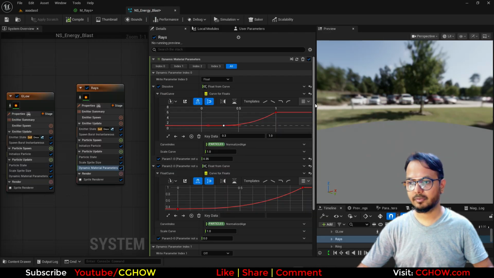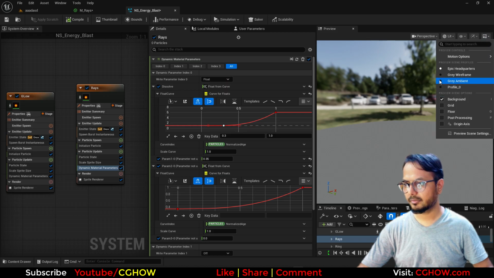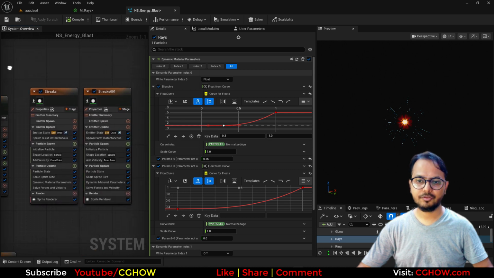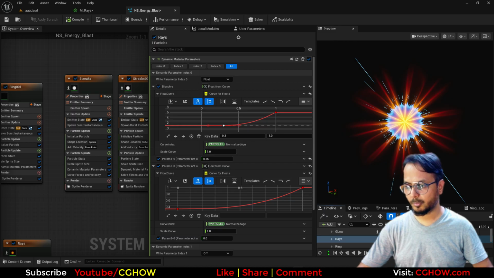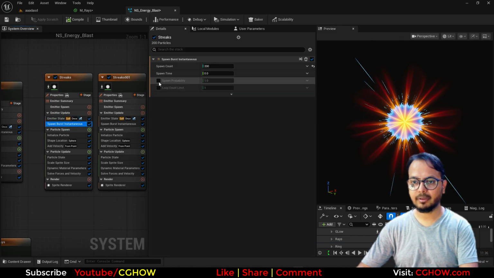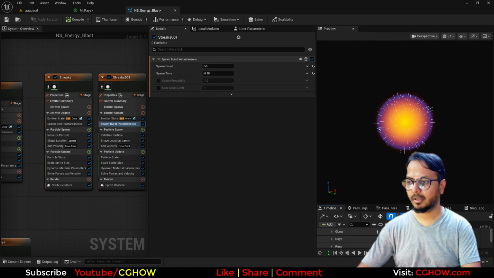Let me just see one by one here and I'll go here actually and turn off the background. Now we can see one by one how it's going. So these particle I don't want at this time. So these streaks should be around here. So 0.18. You can see my cursor here 0.18. So I'll put the delay here or you can put the time here 0.18 for both. So they will spawn at this point